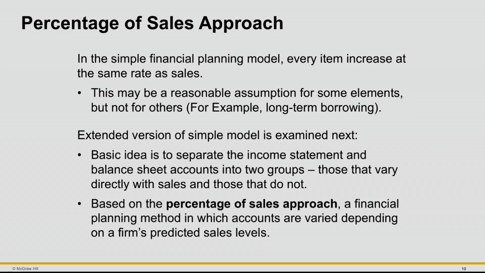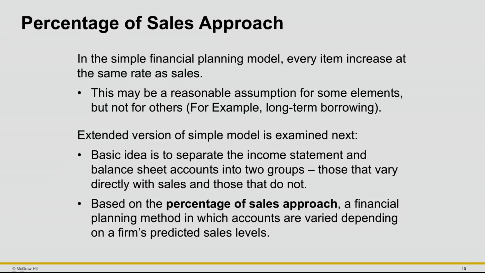When it comes to cost of goods sold, that makes sense. If the input is 50 cents and we sell something for $1, if we sell two of them, we're going to need another 50 cents in costs, right? The costs are going to double. Same thing with labor. Now, SG&A, that may not be directly, interest may not either, but in general, a very simplified approach says let's assume that it does.